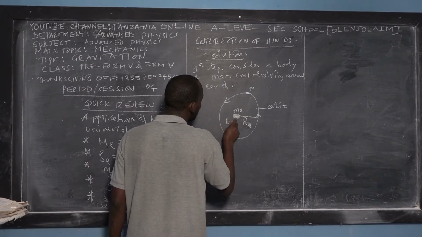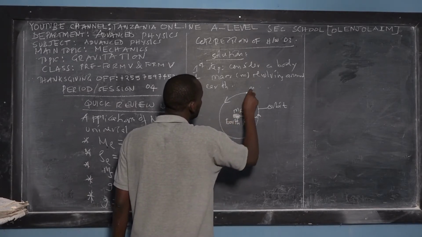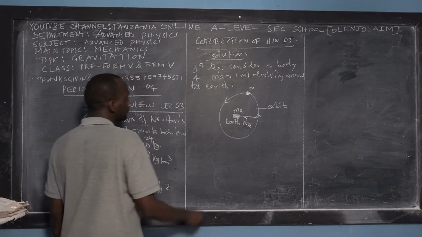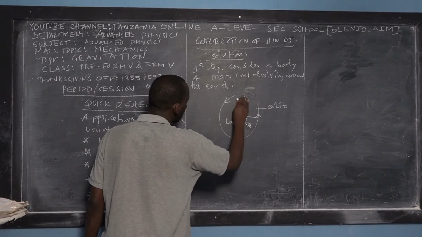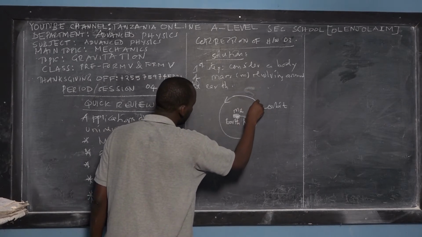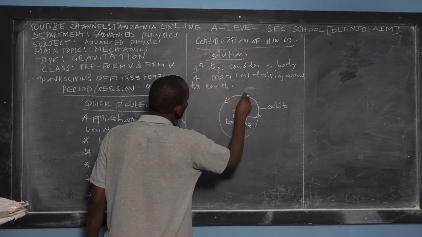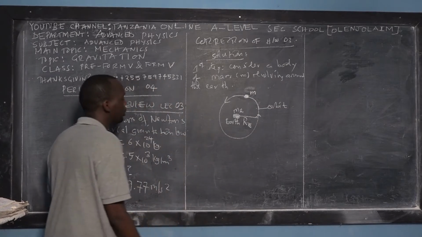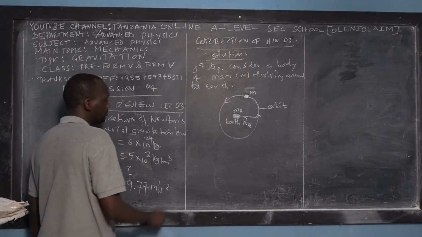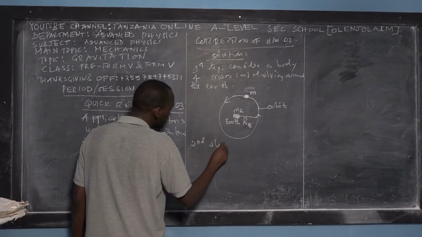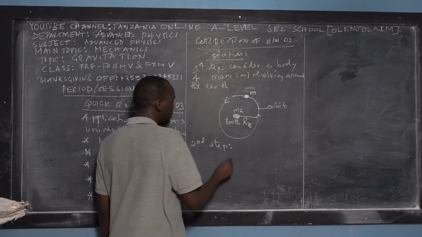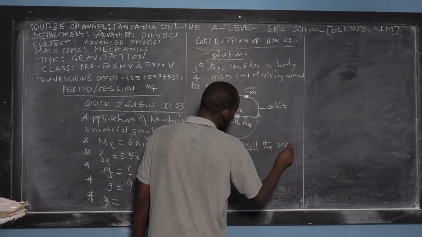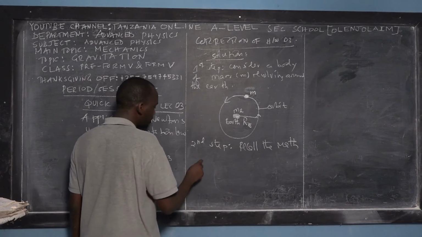Right? So this is the S, and this is the body of mass M. Okay, so you can draw your cycle clearly. For me, I just sketched it for you to have a concept. But you can use any ring structure or any circular structure to draw your cycle properly. So the second state now, we have to recall the mathematical equation, the mass equation,